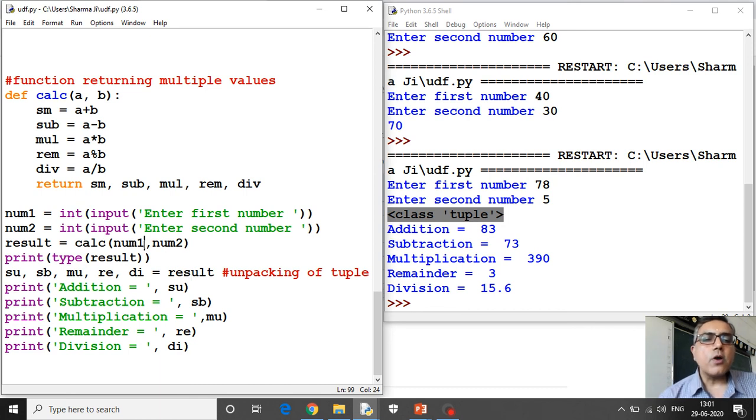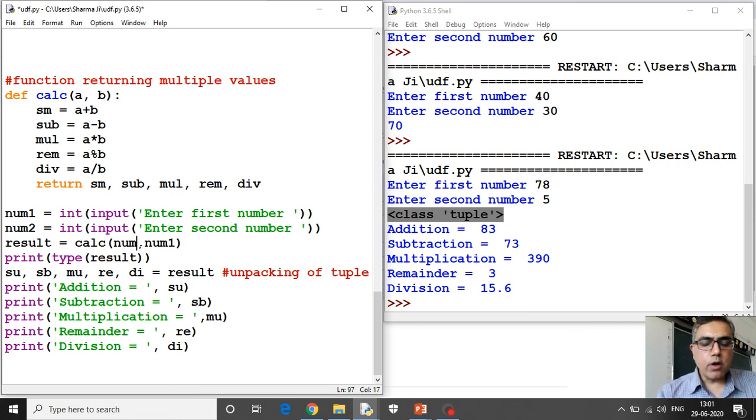One more thing you have to remember while calling a function: the first value which you have given in the function call statement will be copied in the first variable of the function definition. In the execution I have shown you this. So always remember this. If you interchange this, then num2 will be copied in variable a when the function is called, and value of num1 will be copied in variable b.